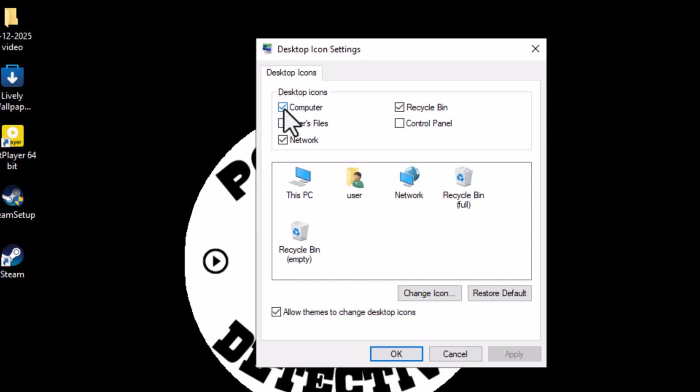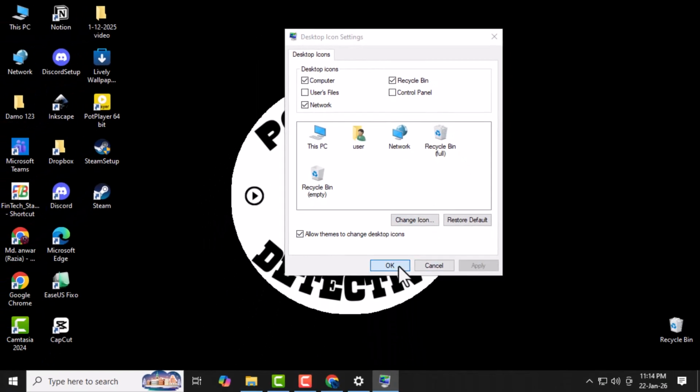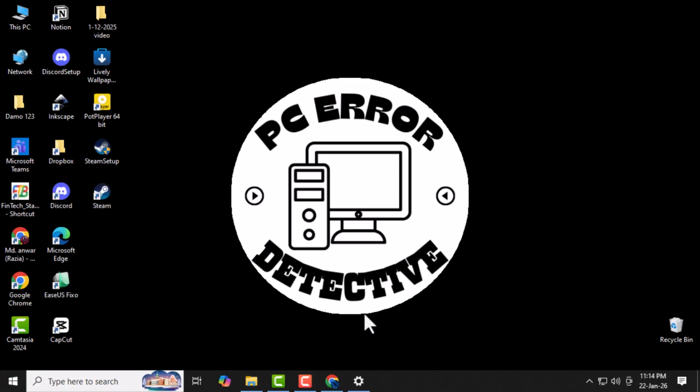Step 5. Check the icon you want to add, such as Computer, which is useful because it gives you instant access to your drives, files, and system information. Step 6. Click OK to confirm your changes, and once you do this, the selected icon will immediately appear on